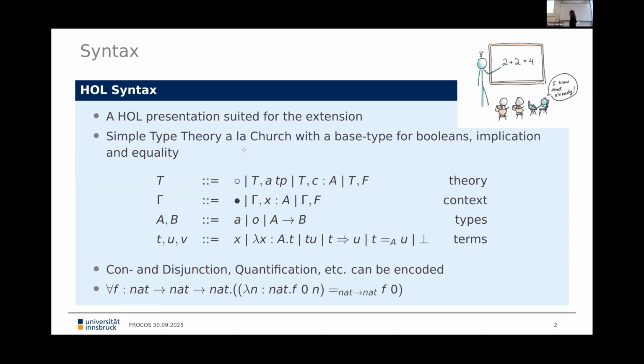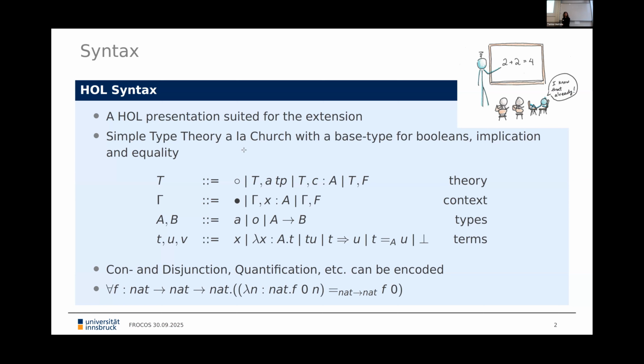So, higher order logic, something not very new or exciting, but very stable. Our presentation of it has a theory, a context, it has types and terms. In the theory, we can find base type declarations, which are just simple types. And we can have constants of types, and this F we can see is basically just formulas. So that's not something we can find in the BNF here, but it's standing for Boolean valued terms.